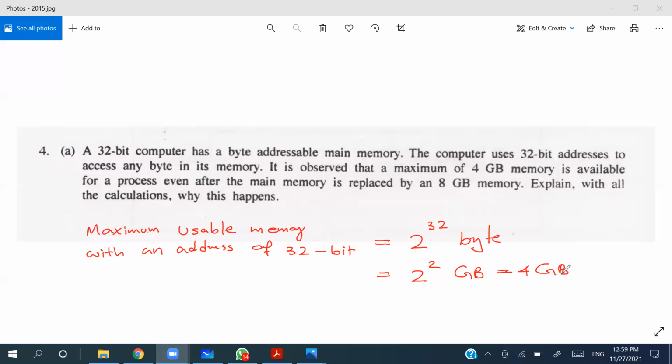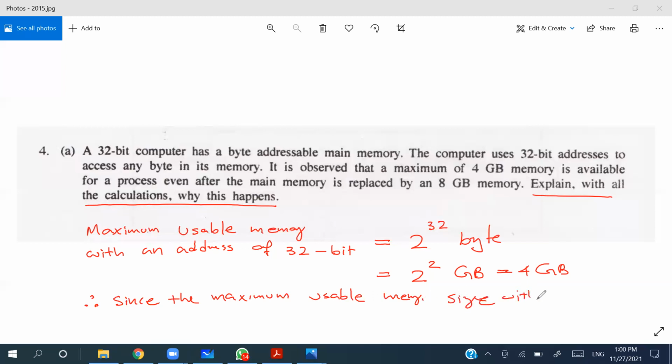Right, sorry for that. What I was mentioning is that they want you to explain with all the calculation why this happens, so you can clarify this. Therefore, since the maximum usable memory size with a 32-bit address is 4 GB,